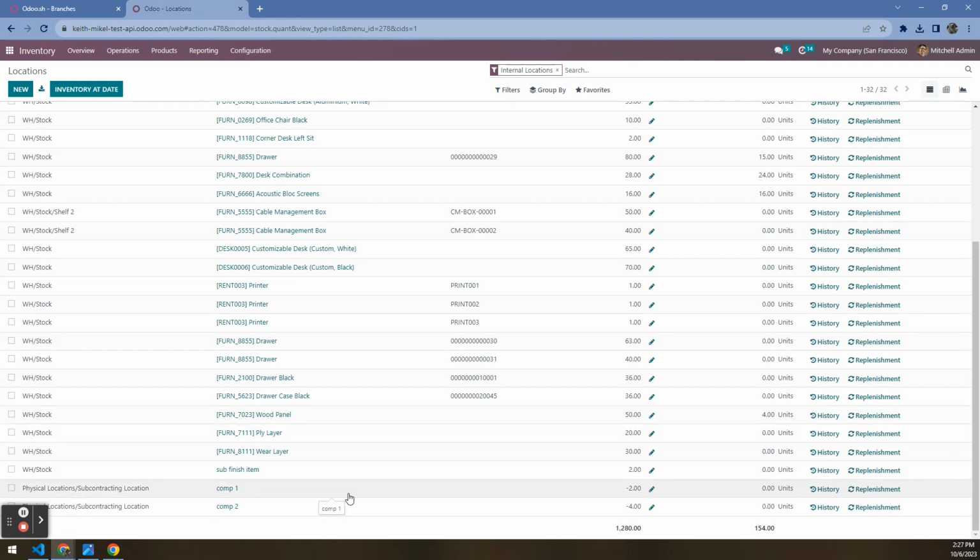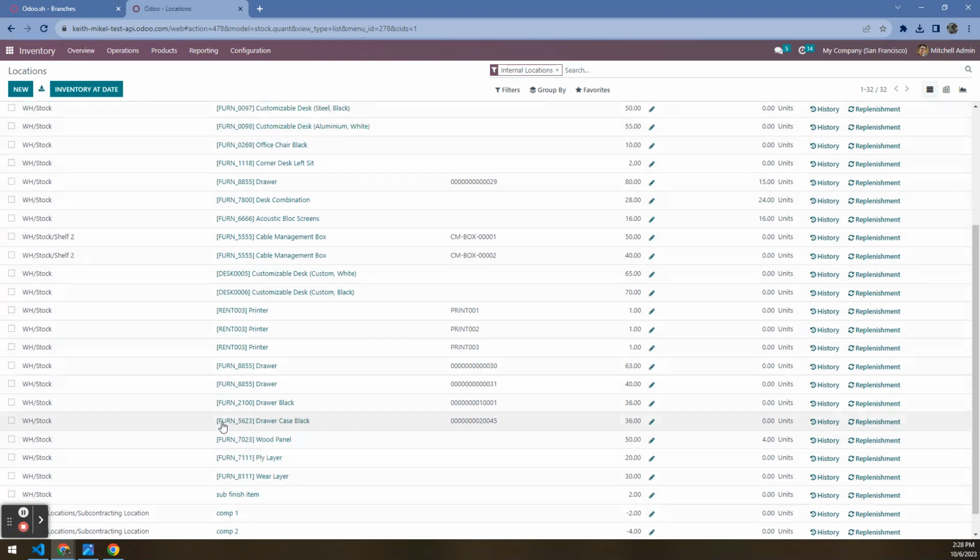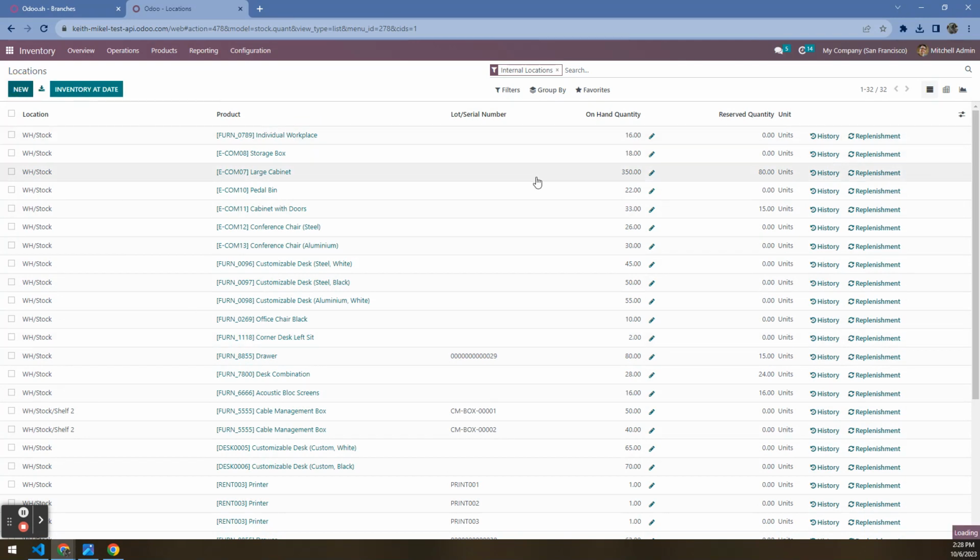So this is pretty straightforward if you have one subcontracting vendor or subcontracting vendors that do not simultaneously use this individual subcontracting location. When you get into the point where you're going to be managing multiple subcontracting locations, that's going to be a little bit more tricky as far as the setup. But once you actually get it set up, it's very straightforward, pretty similar to what we just did. The big thing that we're going to do